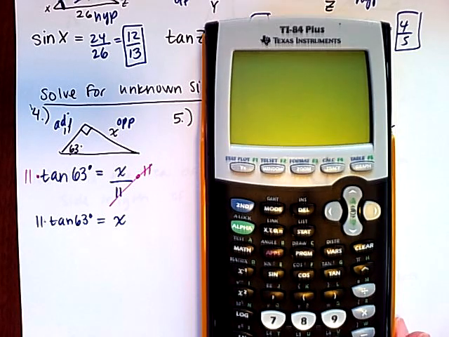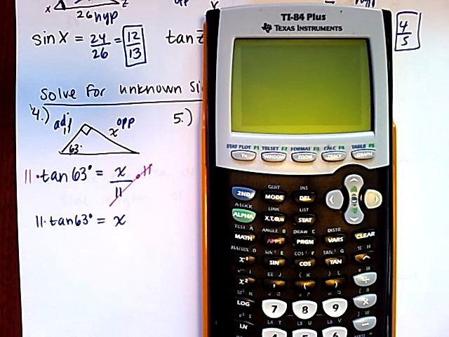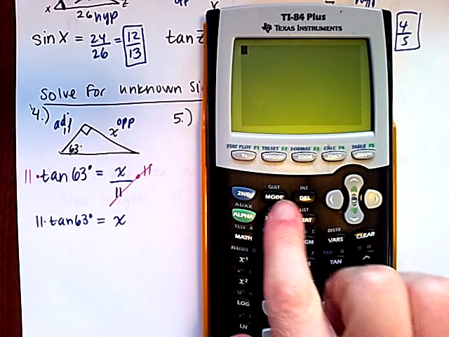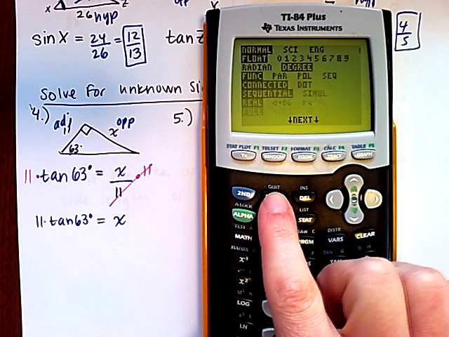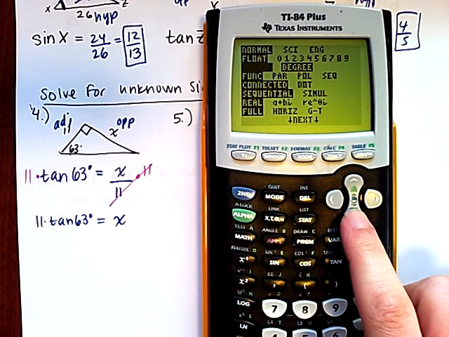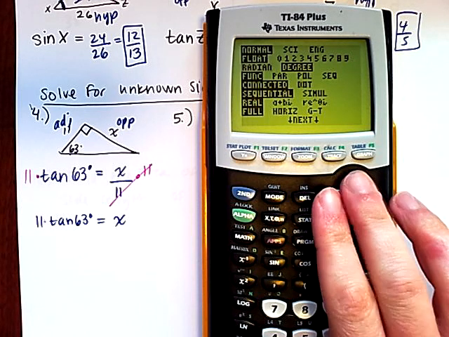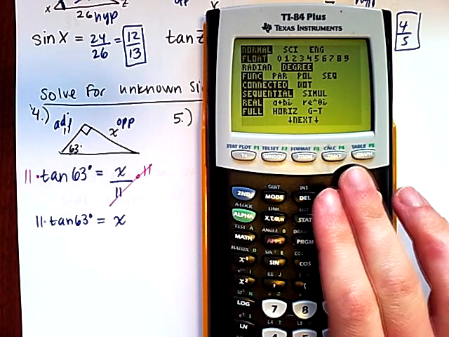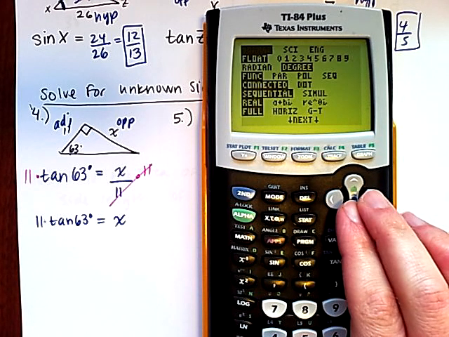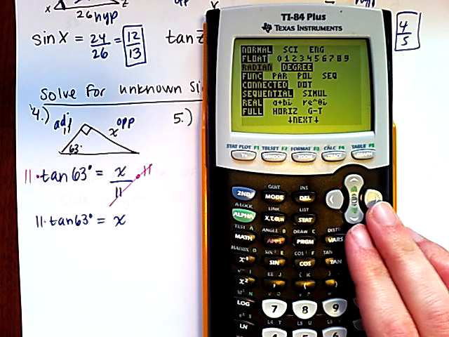Please make sure you have your graphing calculator. You could also use a scientific calculator, but you need a calculator. The first thing I want you guys to do on your calculator is push the mode button and check to see that your calculator is in degree mode. So if you scroll down to where it says radian degree, one of those two words should be highlighted in black. So mine right now, the word degree is highlighted, so I'm all set,